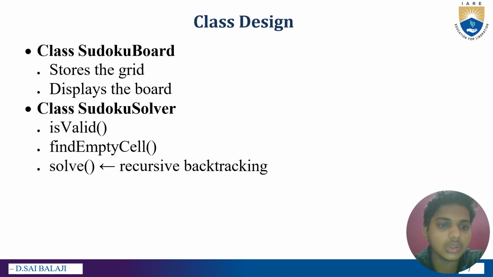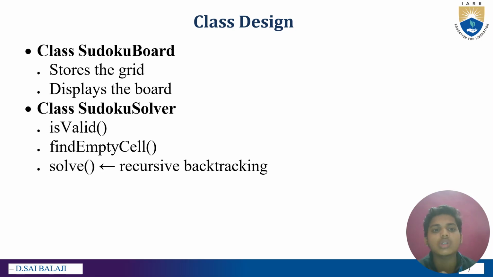And coming to the next one, class design. What is the design for the classes we have given? For the structure, we first created a class called Sudoku board, which contains the regular attributes of a Sudoku solver: a square-shaped 9 by 9 grid board. It stores the grids, columns and rows, and displays the board. Like if you want a chessboard, you can create a class called chessboard and give the attributes to it,